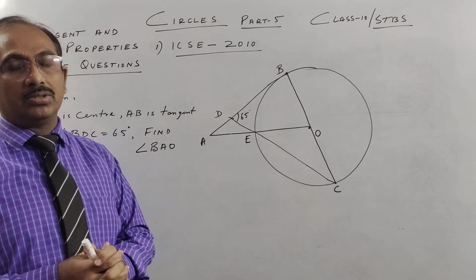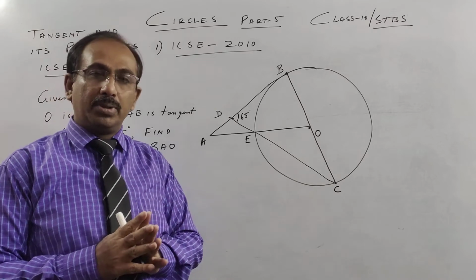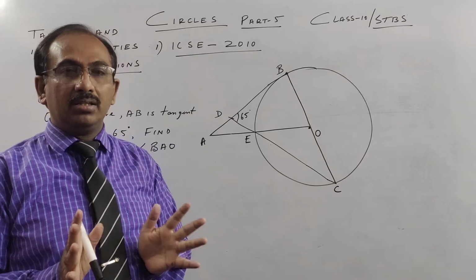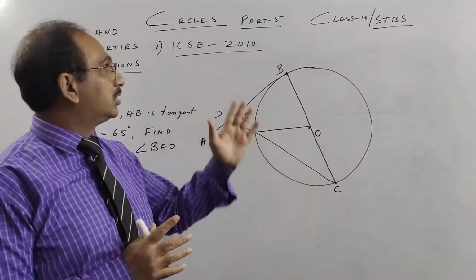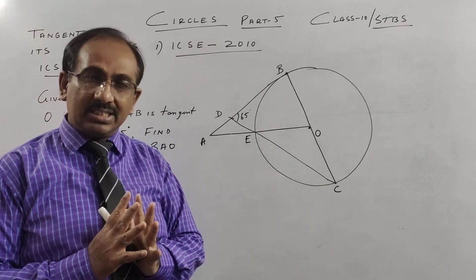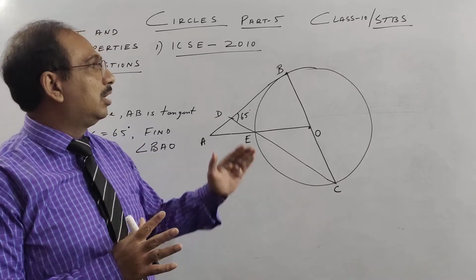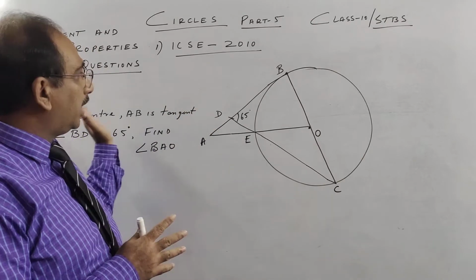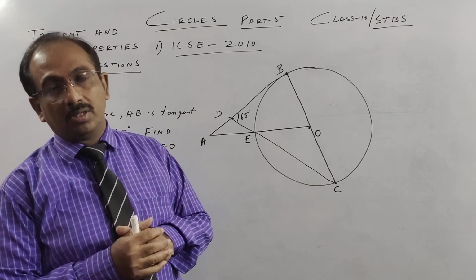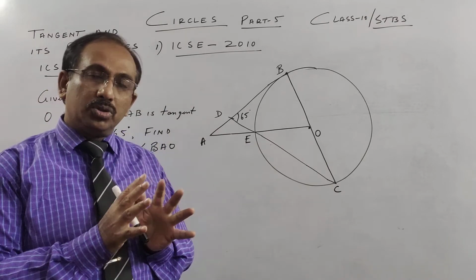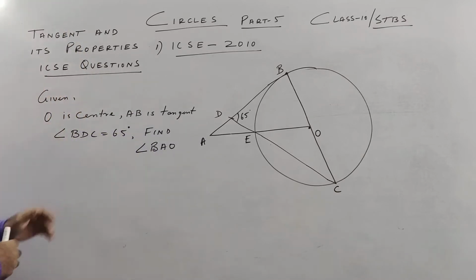As I told you, just to recapitulate in short, we had 5 questions in chord properties. All 5 of them remain in this revised reduced syllabus. But tangent and chord properties, if you see my part 3 of the video, there were 6 theorems which I have taught and explained to you. But 3 of them are now in the syllabus and I am trying to do previous year questions based on these 3 theorems. I am not doing those theorems which are now not in the syllabus. So here we start, 2010.